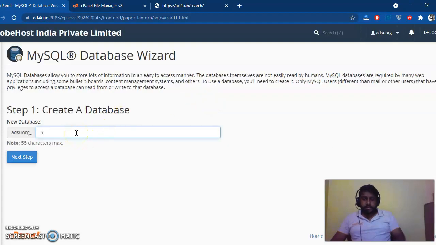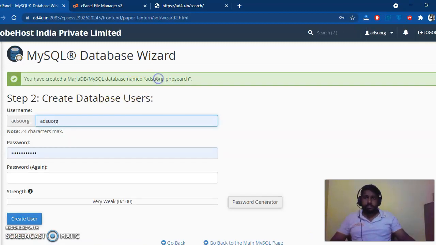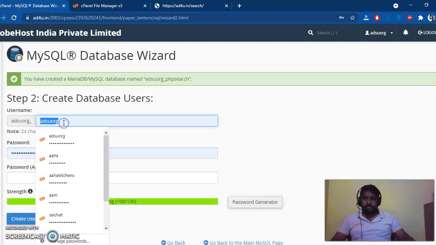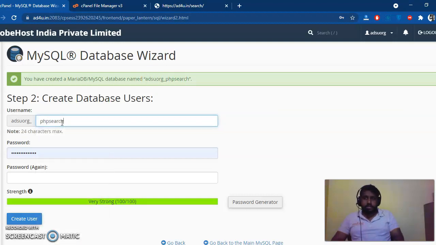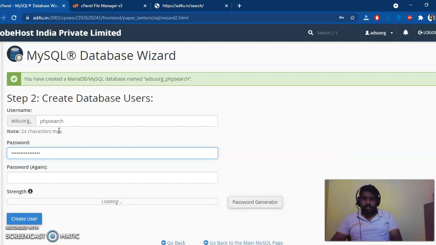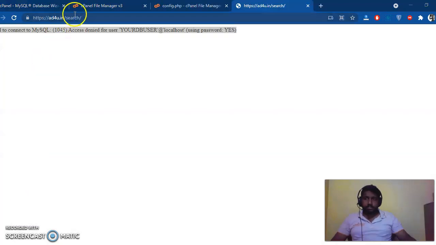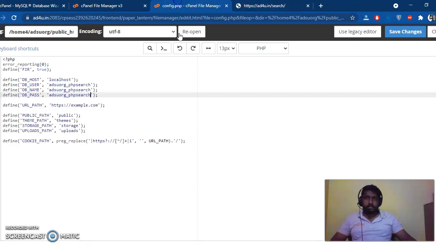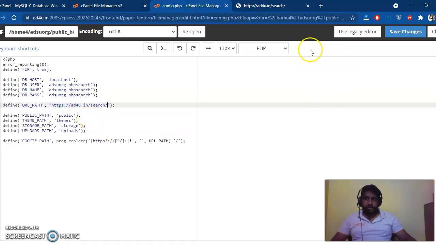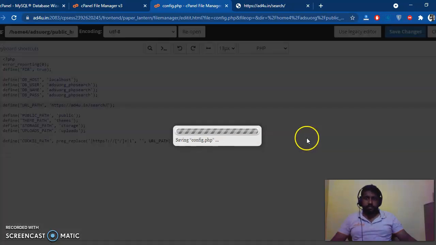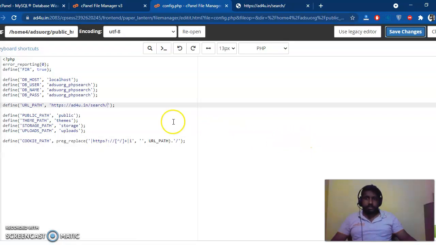So I'm creating a database called PHP search, and adding some details.